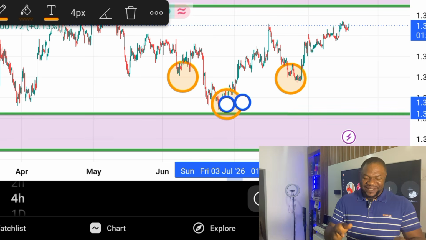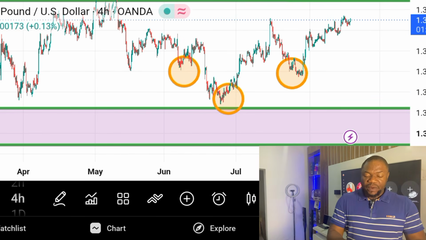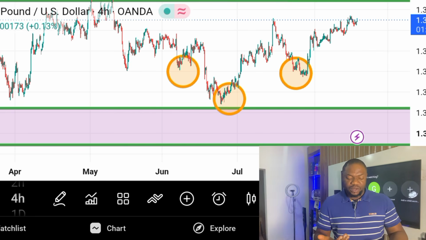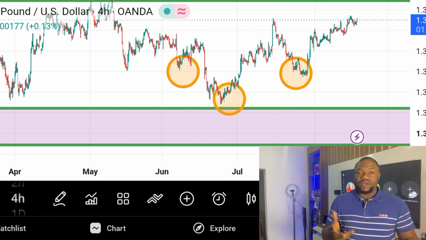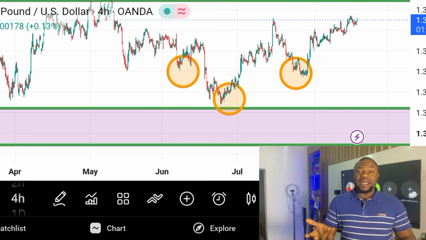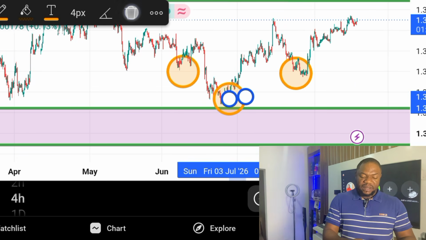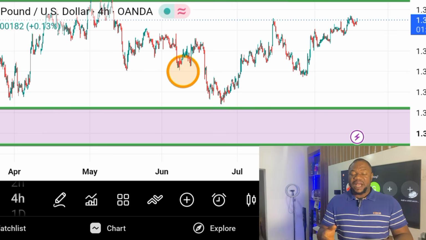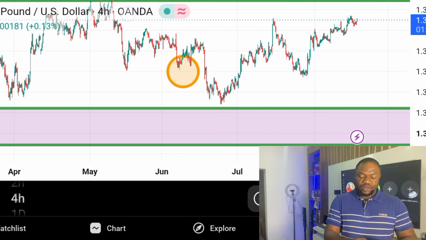Head and shoulder. Now, when you see a head and shoulder formation at the support level, what do you think of? You think of buying. You think of buying. And don't forget that, now let me remove these, that for you to be sure that a market is actually in an uptrend, like I told you,